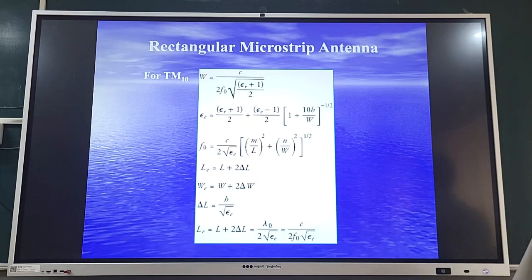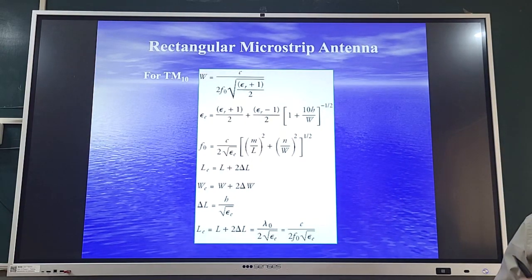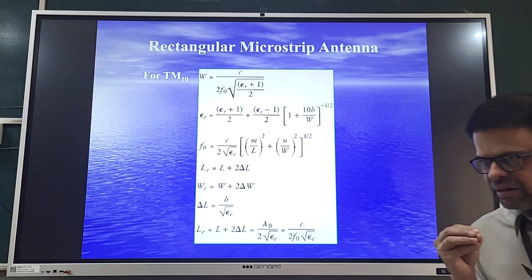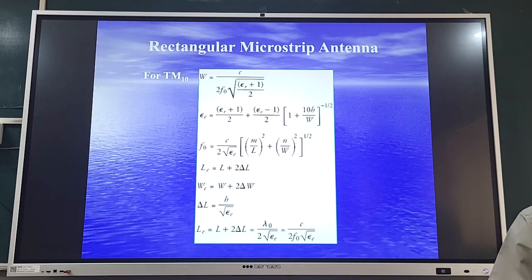Next step, what is done in microstrip antenna? We consider a rectangular patch to start with, and we consider W is equal to 1.2 times L. Okay, why? Because the gain of the antenna is required to be higher. Antenna gain,